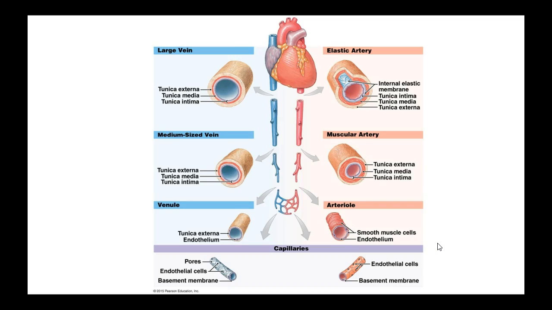Okay, so this is just telling you a little bit. Elastic arteries, like I said, have some elastic tissue. We have some muscular arteries that have more smooth muscle, and arterioles that have a relatively high percentage of their vessel wall as smooth muscle. And we can control a lot of resistance here. And then we have the smallest ones, which are